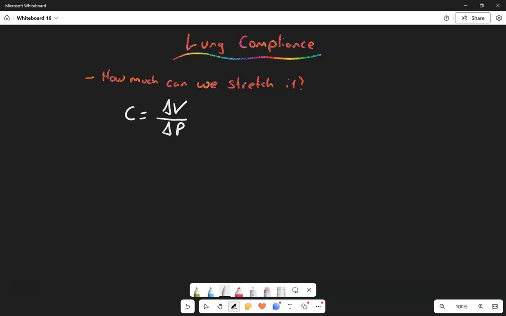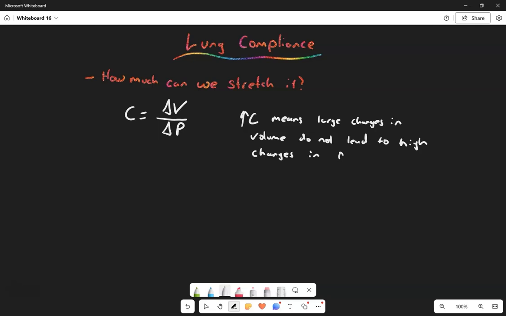So, in other words, a high compliance means large changes in volume do not lead to high changes in pressure. So if we look at the lungs, one of the things that we have to remember is